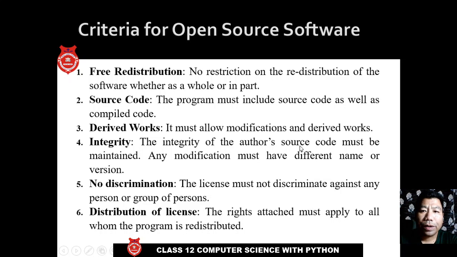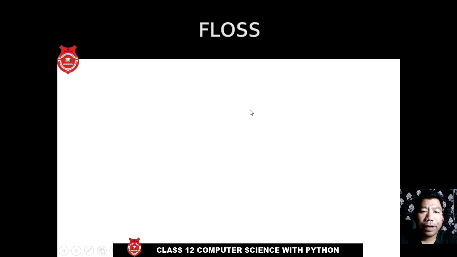So as I told you, we are going to study licenses of open source software in detail in the coming slides. But here I want to say that the open source software must include a license or agreements or terms and conditions which must be agreed to or accepted by the person using the open source software. And let's go to the next slide.